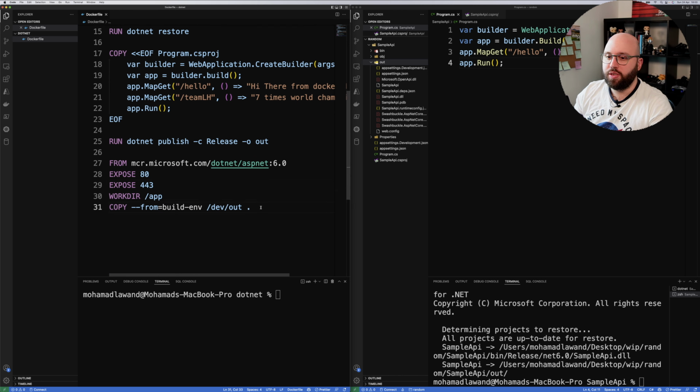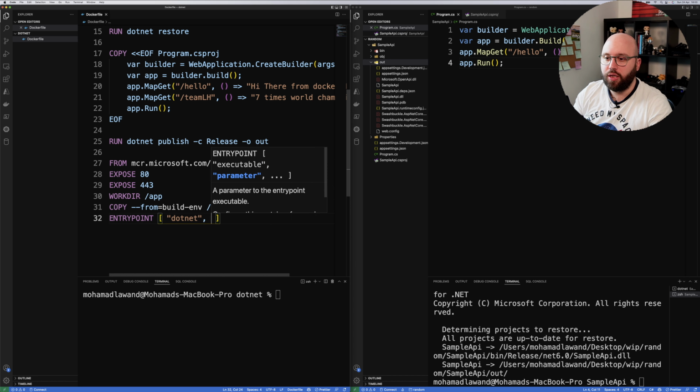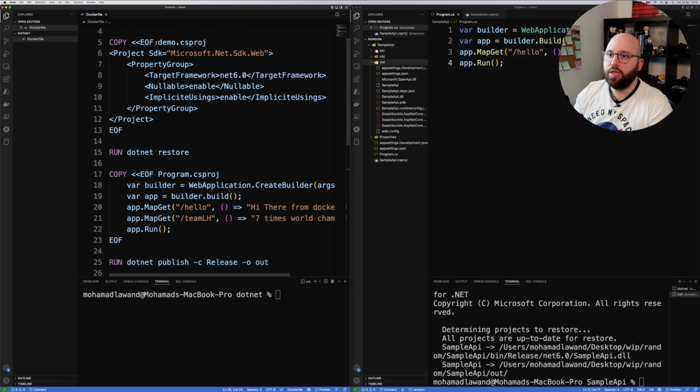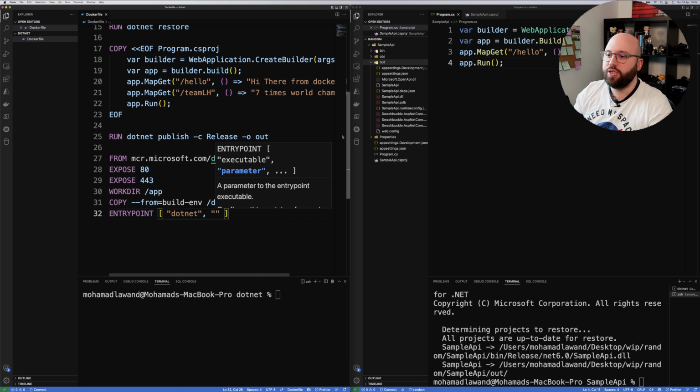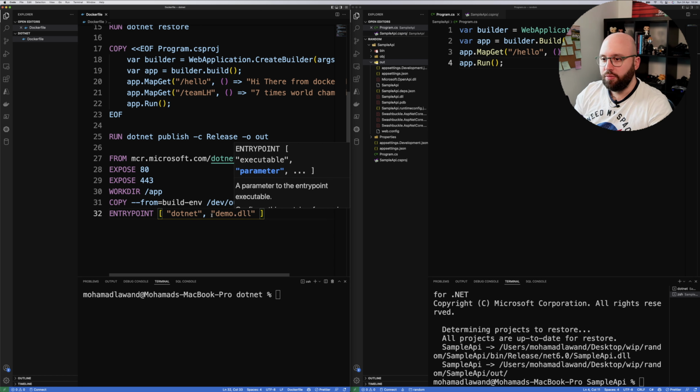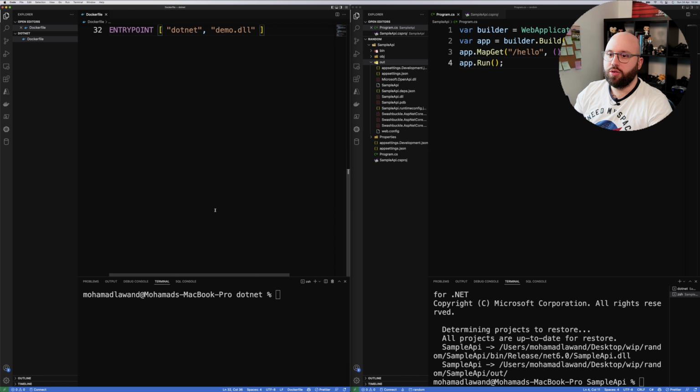Once we have specified all of that, the next step is we need to specify an entry point. If we want to run a .NET application, we need to specify the keyword dotnet, and then we need to specify the DLL. Since we have saved the application name as demo.ts approach, the DLL that's going to be generated is going to be called demo.dll. And basically that's it. So now we have an entire